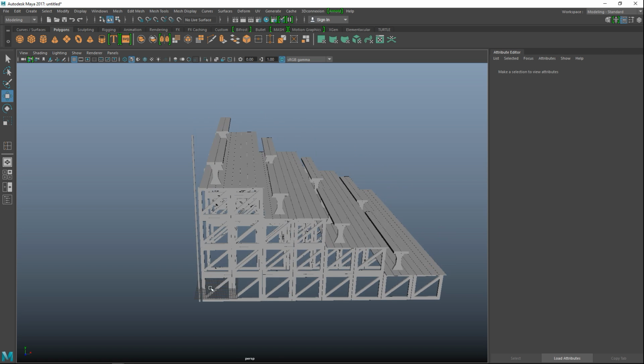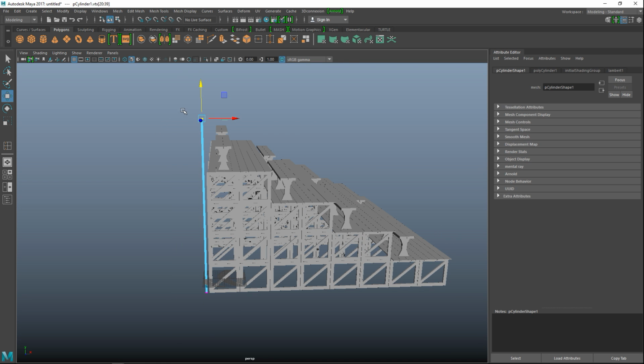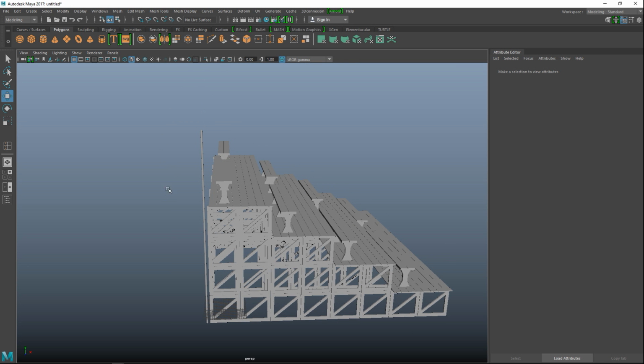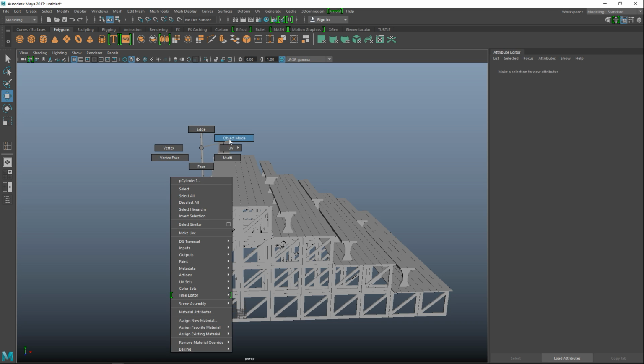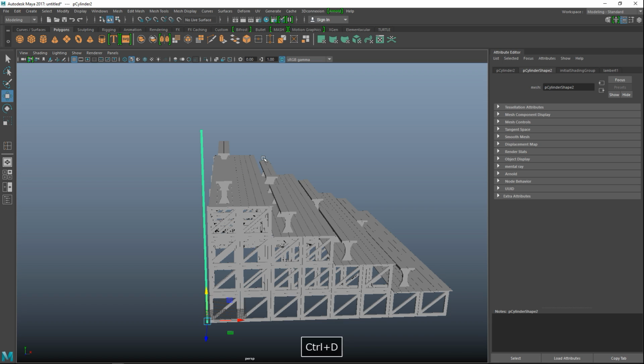And let's check the height. So we'll select this, right click vertex, bring that up a bit more. Okay. And then we're going to right click, go to object mode, take that, Control D to duplicate it. And I want to have a straight bar to about there.